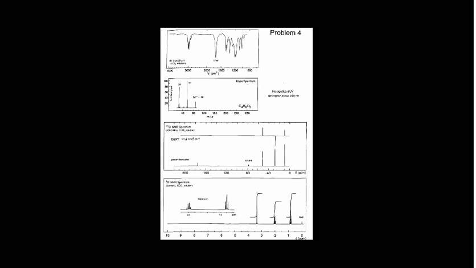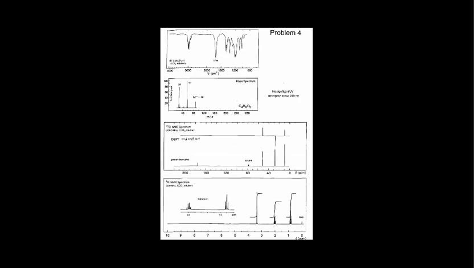So guys, in today's class I am going to discuss another problem based on the combined spectral studies. And this problem you can see here. First of all, we will do the routine things, and the routine thing is the molecular weight given. Not molecular weight, the molecular formula is given. When the molecular formula is given, the first thing we generally do is calculate the index of hydrogen deficiency. And this is the molecular formula given.